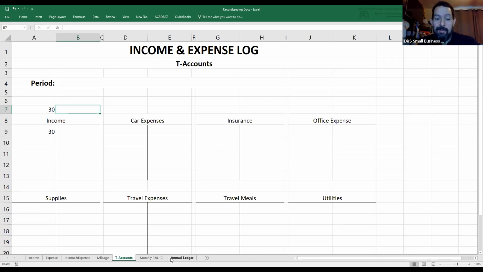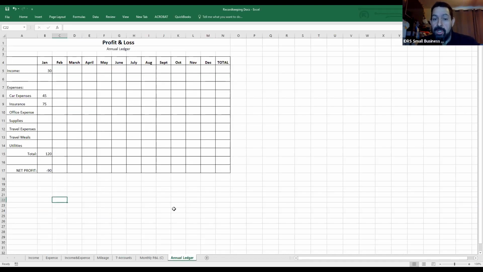But T accounts have always made it easy for me. And then you transfer that information to your annual ledger. And you can see as you go through the months, if you're doing this on a month-by-month basis, when your income's going up, when your expenses are going up. And whether you're doing it on a spreadsheet or even in a notebook,